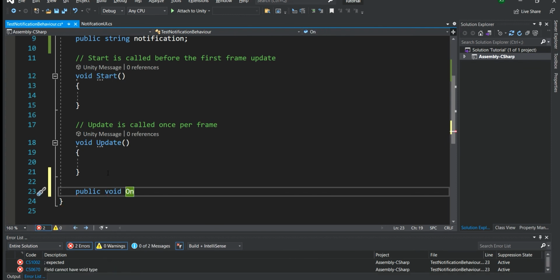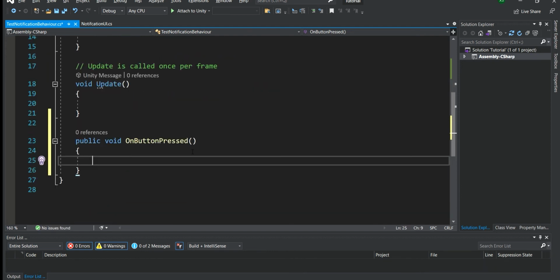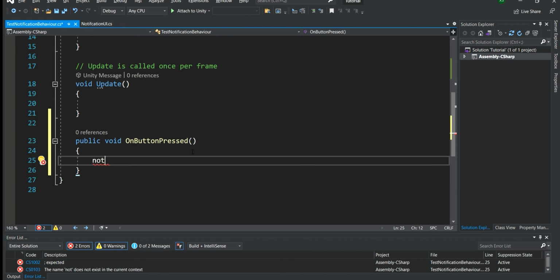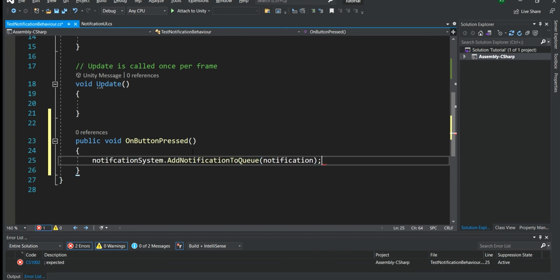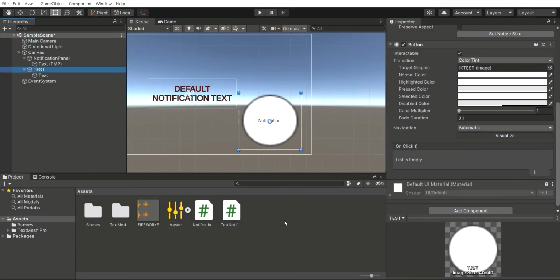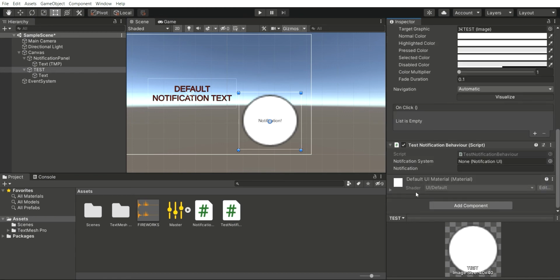We're going to make a public void on button pressed. This will be called by our button when we click it under the UI. And quite simply, all we need to do is say notification system.add notification to queue, notification, and we are all set to go. Heading back into the editor, we're going to give the test notification behavior script to the button,